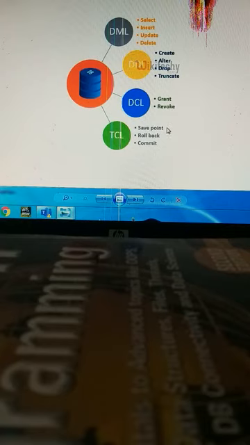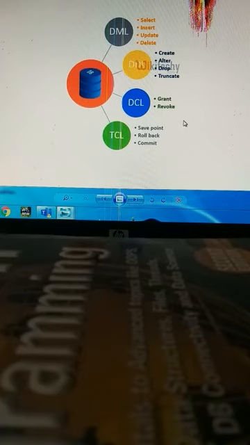Basically it is used to save the changes up to the savepoint. Whatever updates we have stored with the savepoint can be saved, and the changes after the savepoint are discarded. So we are having begin or start transaction, commit, rollback, savepoint, rollback to, and set transaction.